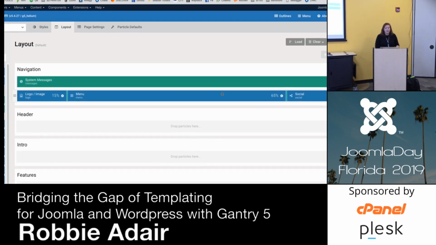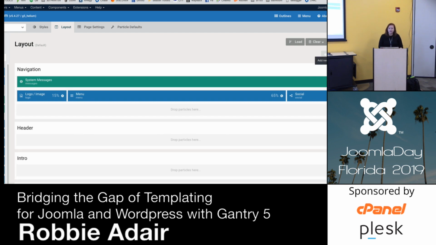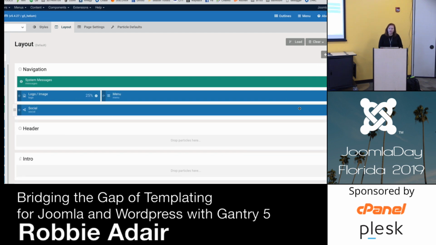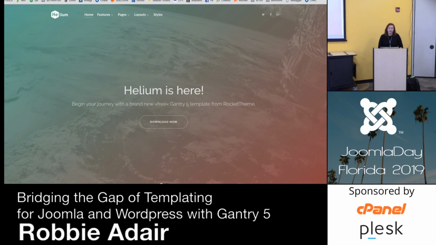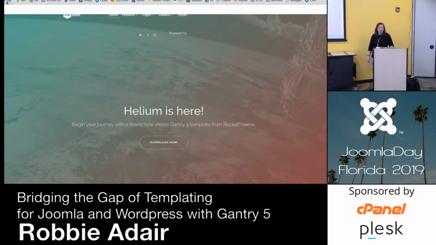Because now, if I want to come in here, I've got those social icons up there, you see in the upper right. But let's say I have some other stuff that I want to put on this, and so I can actually just add a whole new row. I can say, well, I want those social icons to be here and have branding up there. I'm really proud of this website. I'm going to stick that way up there. I really probably would not do this, but you'll see what I mean here. So you can see just immediately I'm able to move things around.